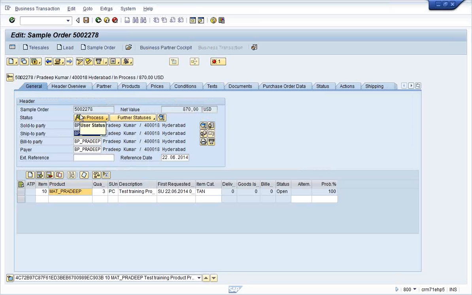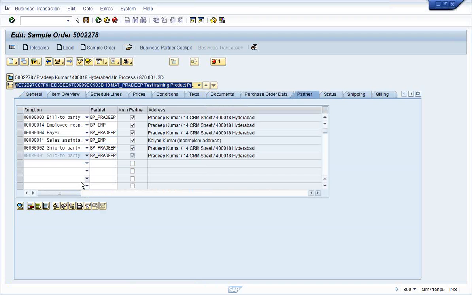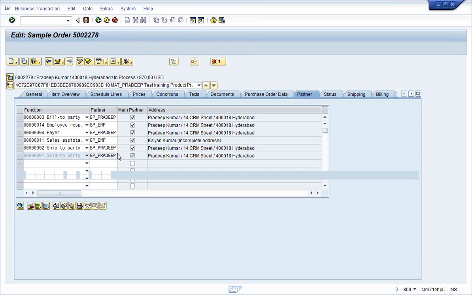Same thing with other data sets also. Header will have a different status, items also will have a different status. Why? When you have placed an order, for example taken online, you have ordered 10 products, 5 of them are readily available and 5 are waiting. So these 5 will be shipped first, the status of the 5 items will change to shipped. And for the other 5 it will be in process. So item level status will also be different. When all the statuses go to shipped or completed, then header status goes to completed. So header also, item also has status, common information.